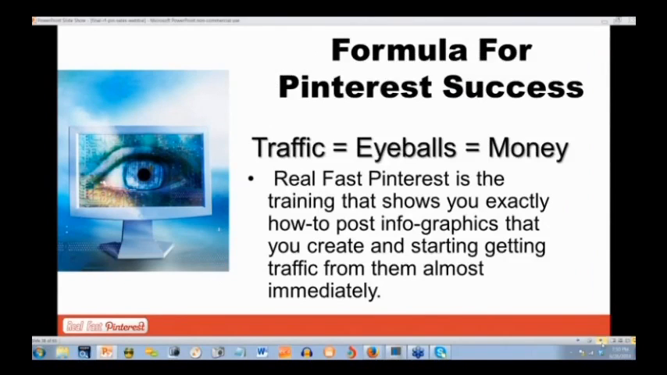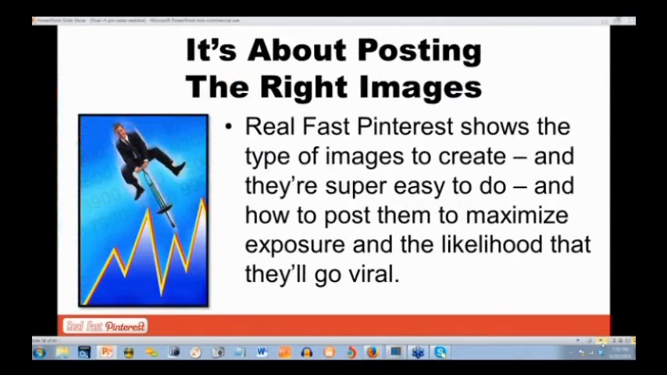It's a traffic play, and it's a free traffic play, and it's a traffic play that continues to give you results month in, month out, as John has proven with what he's done. So that's the formula. But the fact of the matter is that